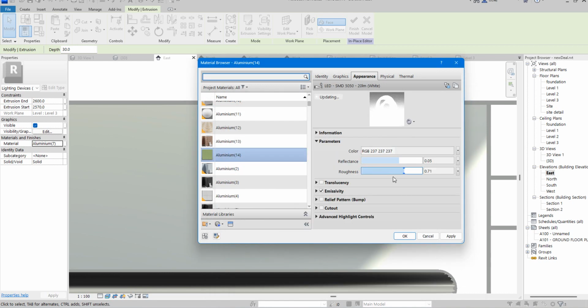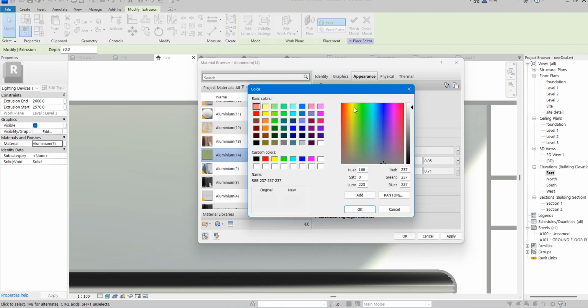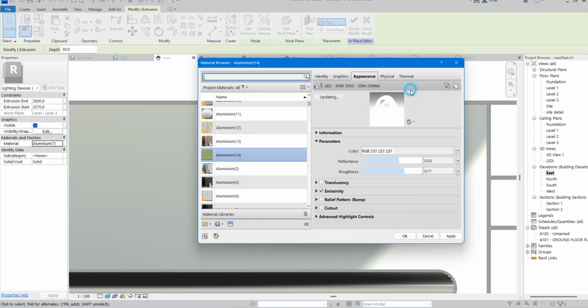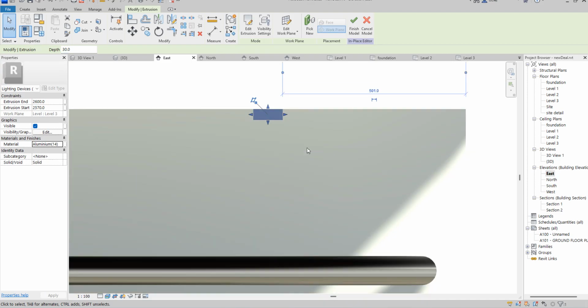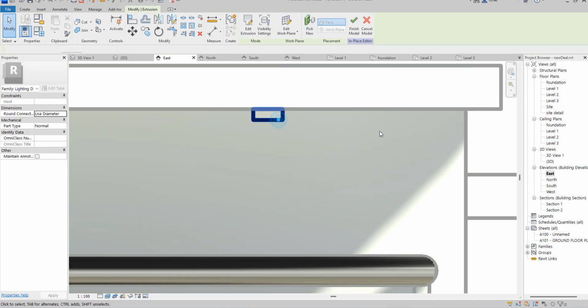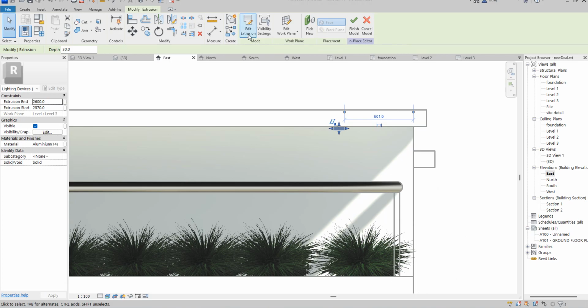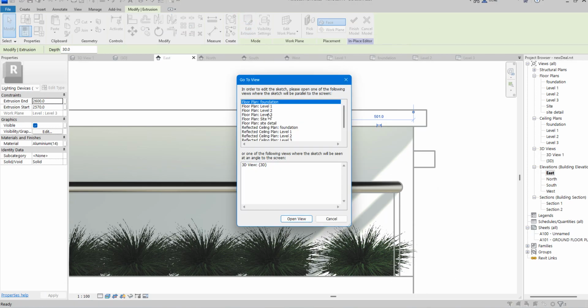So this one is what I want. If you want to change the color, you are free, just assign more yellow to it, but I'm going to leave this one like this. All I need is the reflection aspect, so click OK. When you have it that way, it will update itself. That is it. But the pattern is not finished yet, so just click on extrusion and go back to